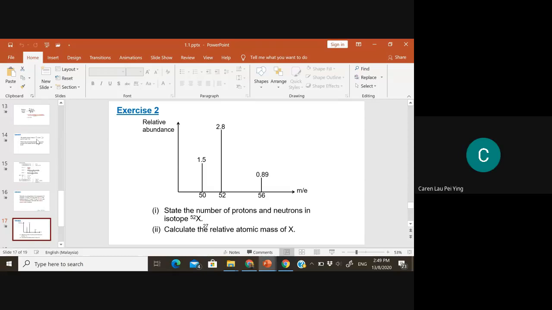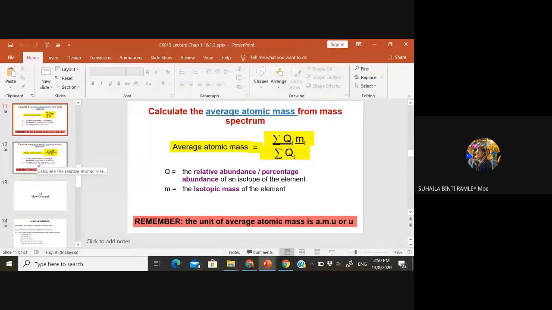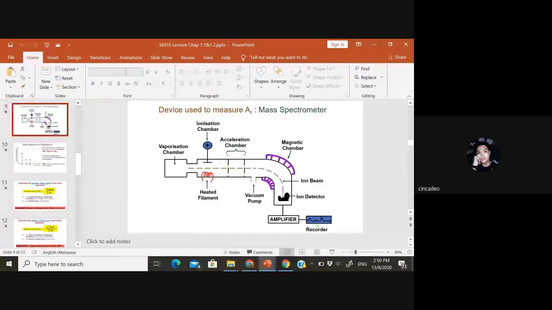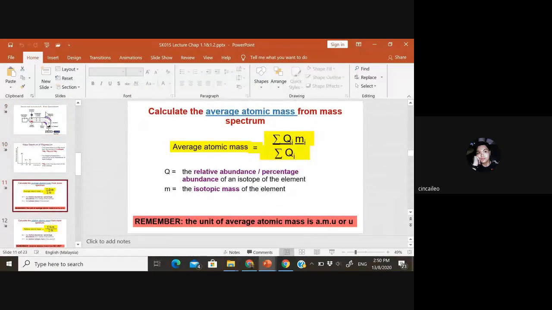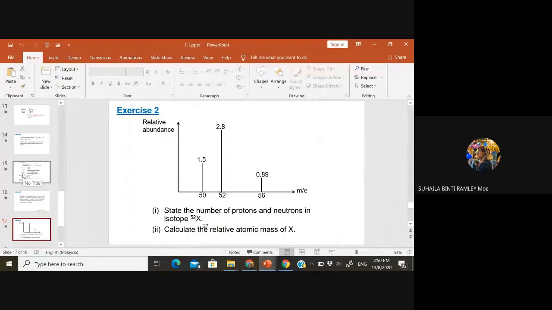I'm not quite clear on how to find the answer. But later can madam send the lecture notes? Lecture notes or the question? Lecture notes. Actually the lecture notes have no questions, they are just notes. Maybe here. Relative abundance means